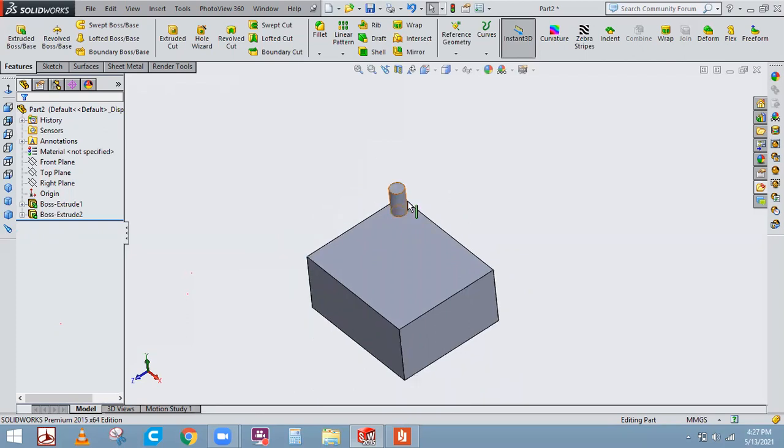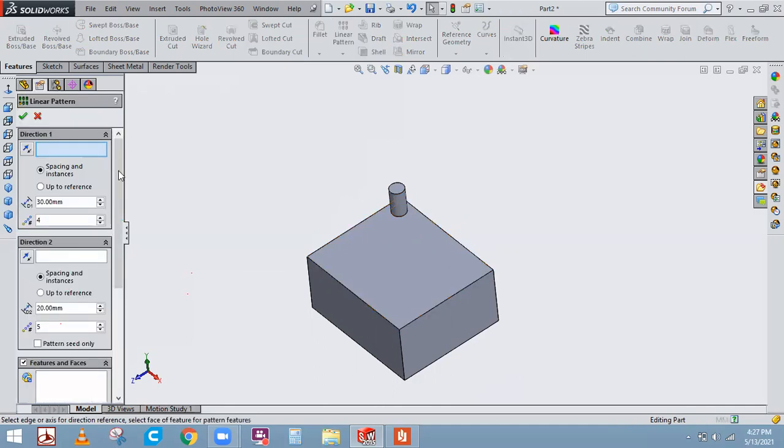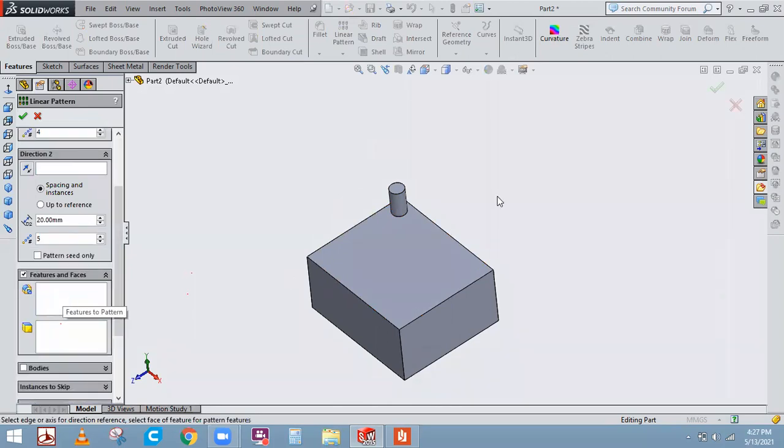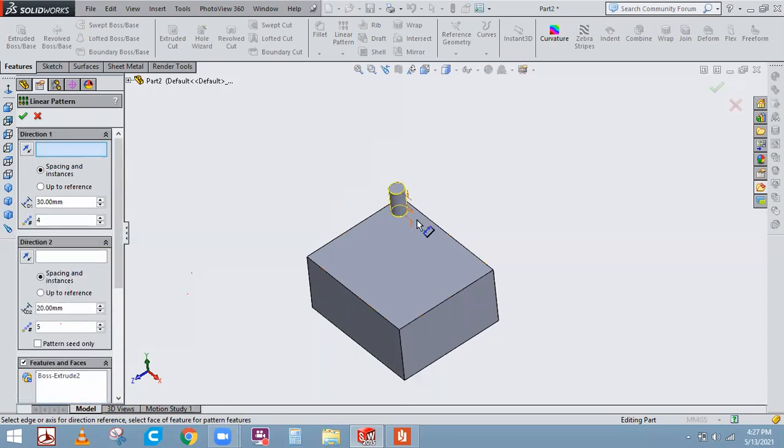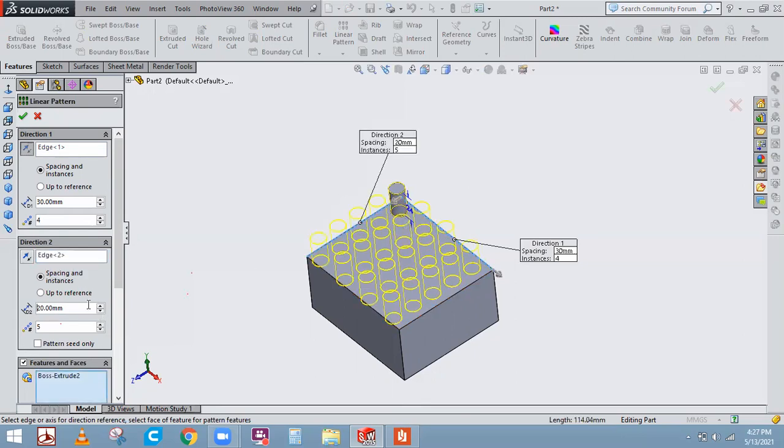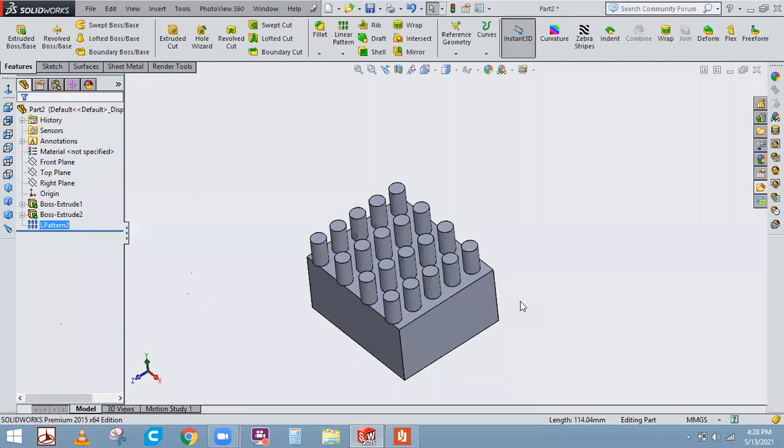Till this one, this extra part, you got it. To make it a linear pattern in this direction and in this direction, just click on this linear pattern. Just go down and you'll see features to pattern. This is a feature, so we are not making a face to pattern. Just select this box here and select this feature. To assign the direction, select this direction, select this one. In this direction, it will be patterned. Just say make it reverse. And at the same time, direction 2 will be this edge. That means in this direction, it will be patterned. Okay. Once it is done, just say okay to it. Things will be patterned. Got it? Any issues?